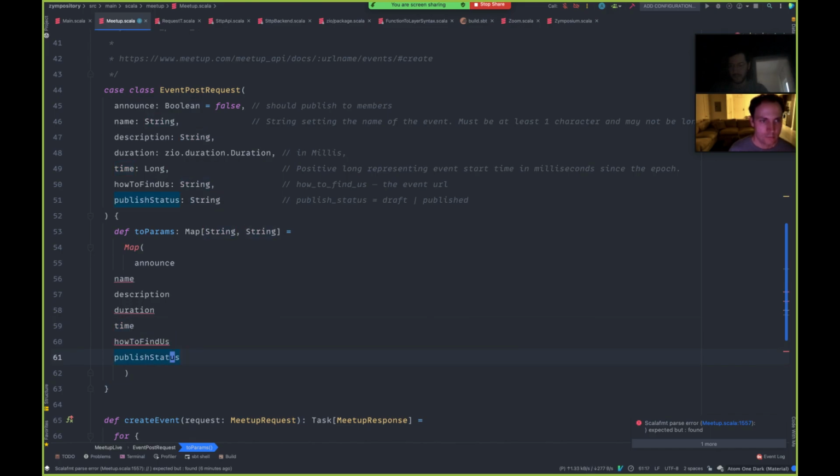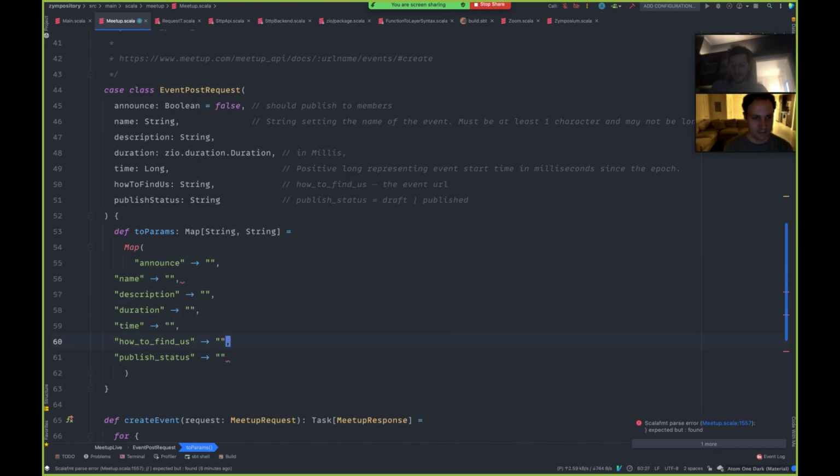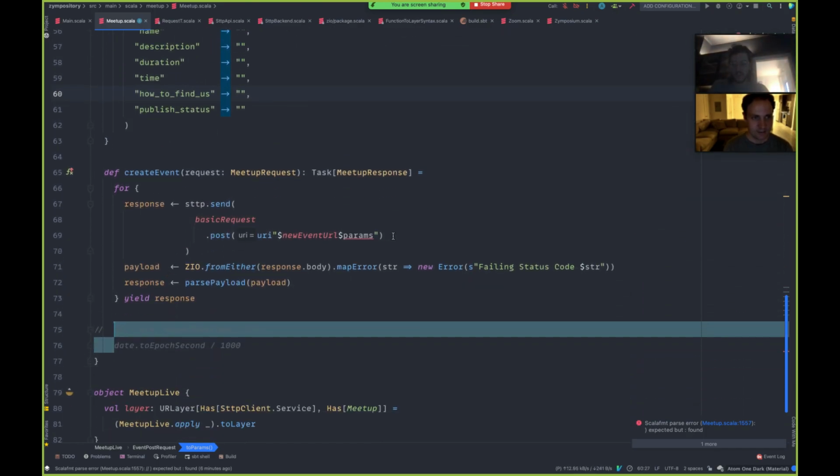Snake caseify these, and then wrap them all in strings, and then add some arrows to other strings, which are all empty right now. Oh, and commas. Okay, so getting closer.